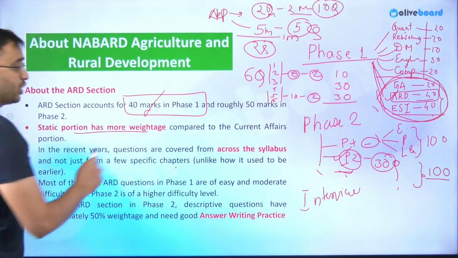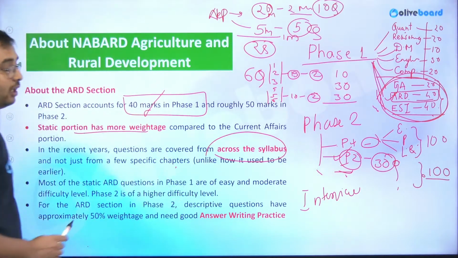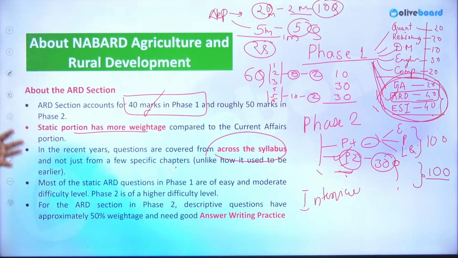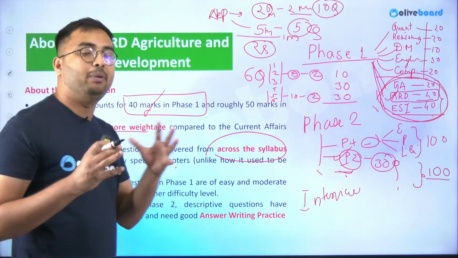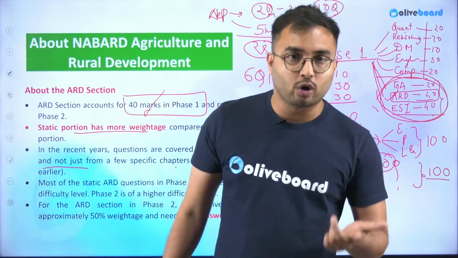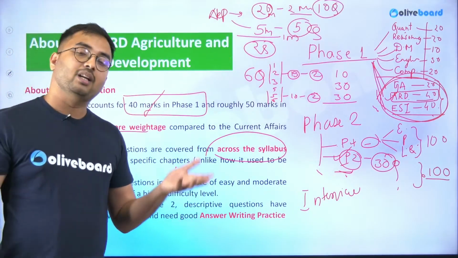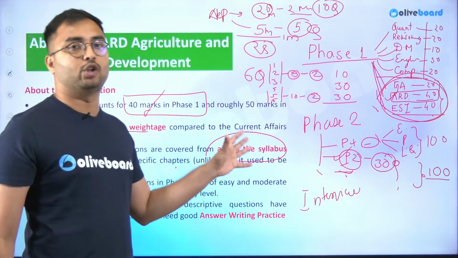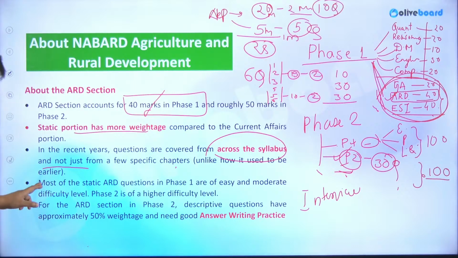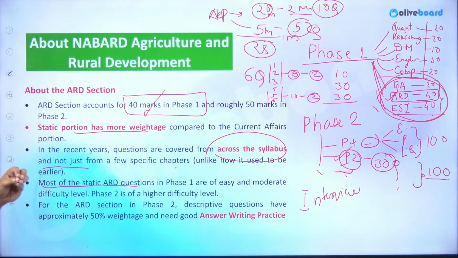Next, the static portion has more weightage as compared to the current affairs portion, which happens in ESI. In recent years also, if you see the past year papers or previous year questions, you will see that most of the questions come from highly repetitive chapters like animal husbandry, agronomy, fisheries, then horticulture. Such questions will always be repeating. Not only chapters but topics also repeat commonly. Most of the static ARD questions of phase 1 are easy and moderate, and it is very easy to get